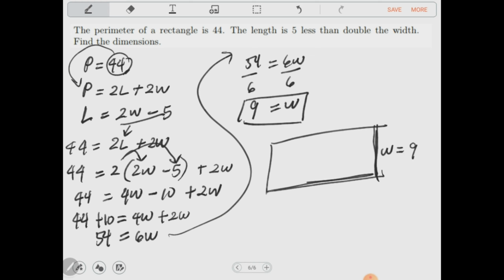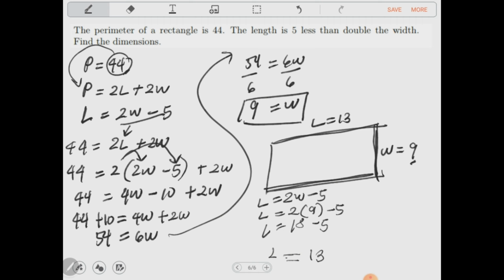And then we're looking for the length. In our problem, the value of the length is 2W minus 5. Since we have already the value of our width, we can substitute the value of that in our equation of the length. So we have L is equals to 2 times 9 minus 5. So length is equals to 2 times 9 is 18 minus 5. Therefore, your length would be equals to 13. Okay, so that's it. So our length would be equals to 13. Dimension is 13 by